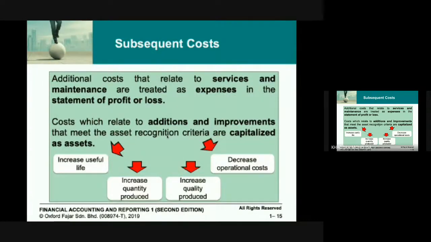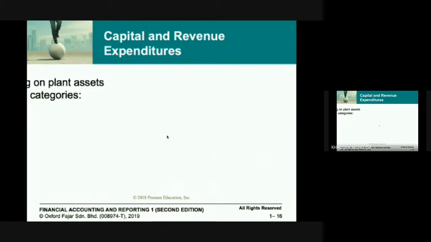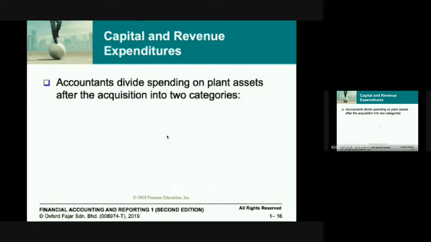So all these expenses that you incurred is what we call capitalized or capital expenditure. So if it's a capital expenditure, the cost will be added together to the original cost, right? So it will be part of the total cost of the asset, right? So accountants, with regard to capital and revenue expenditure, divide spending on plant assets after the acquisition into two categories,